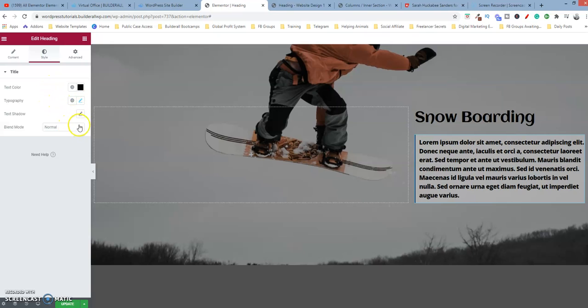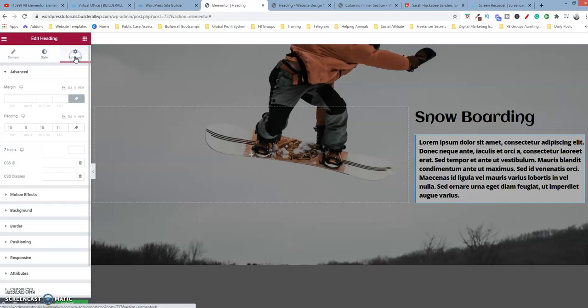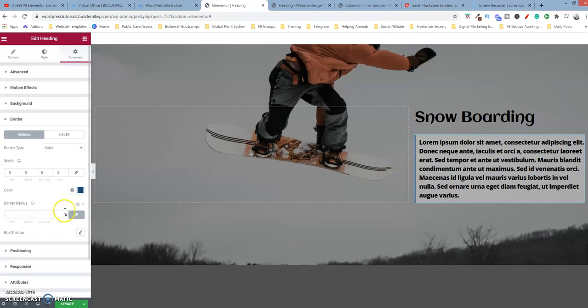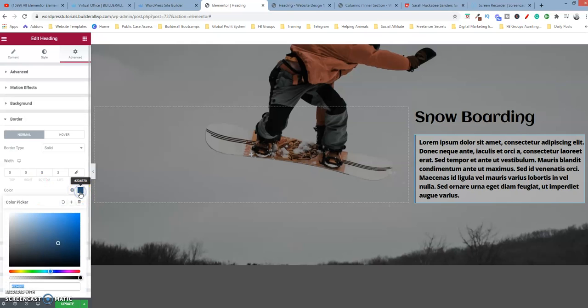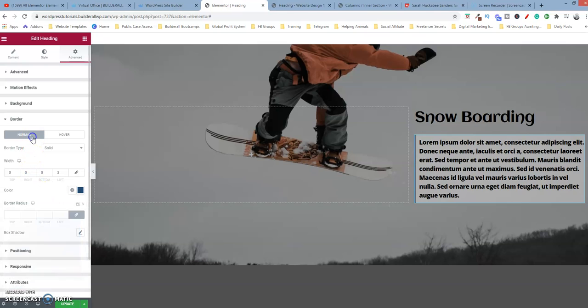Let's see, it should be under advanced, and the border right here, as you can see, this is where you could put in a border. So I'm going to click on the normal, and the border, you could have it solid, a double, as you can see over to the right,